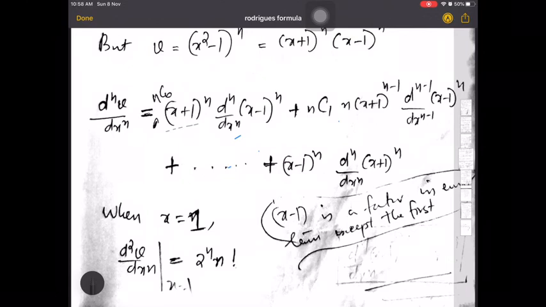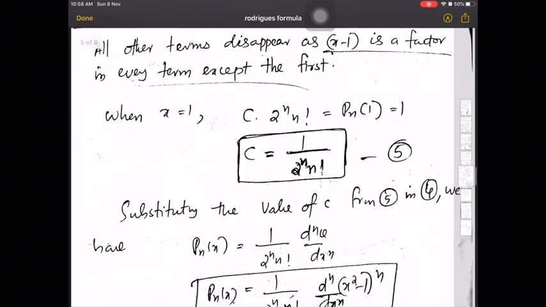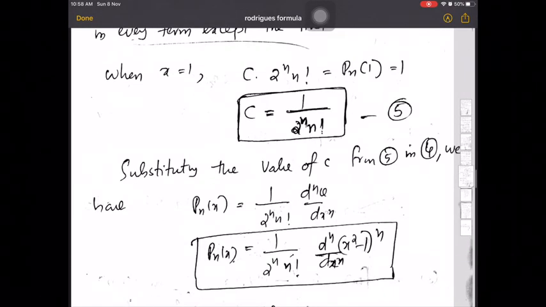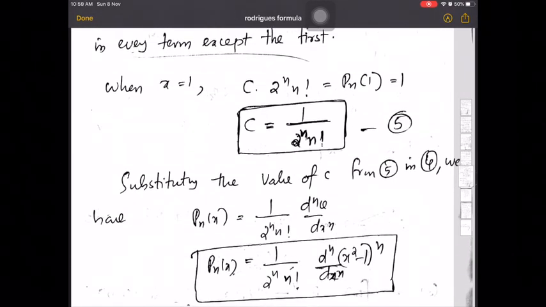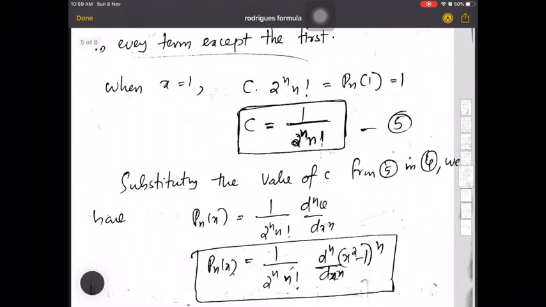First term here, when you put x equal to 1, it will be 2 raised to n, and here you will get n factorial, so that is written here. So this is d raised to n, nth derivative of x square minus 1 to the power n, that is 2 raised to n times n factorial. Okay, so when we put x equal to 1 on the right hand side, we have this c times 2 to the power n factorial equal to,